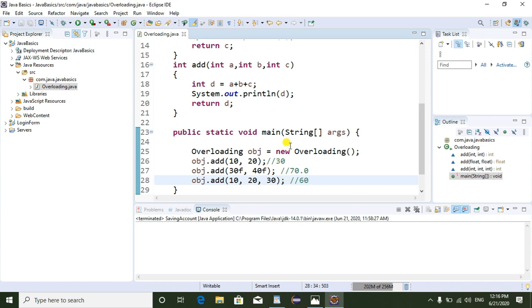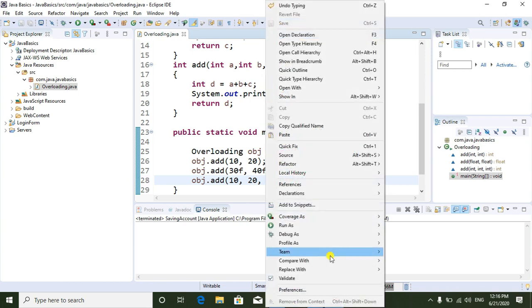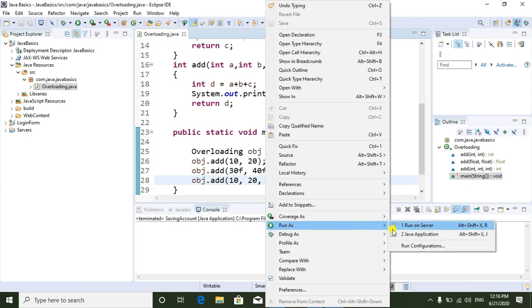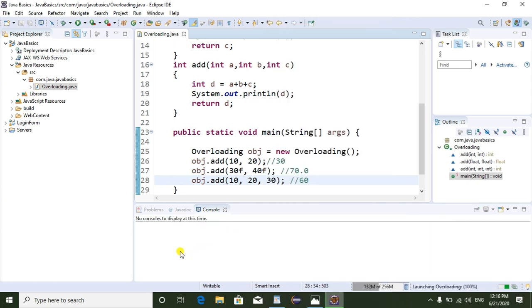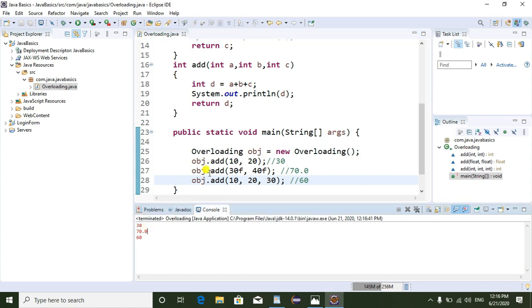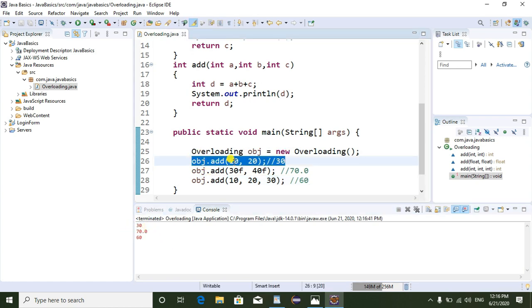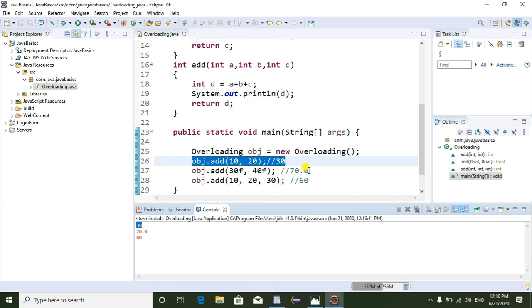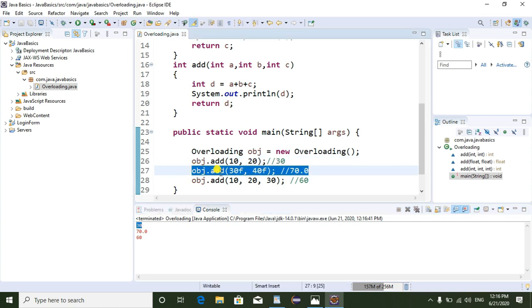Now I am going to run the program, run as Java application. Here we could see, first I am adding two integers, I am passing 10 and 20, the output should be 30. So here we can see 30 is the output. Second, I am using the add method of floats. Here I am passing two float numbers, 30 and 40.